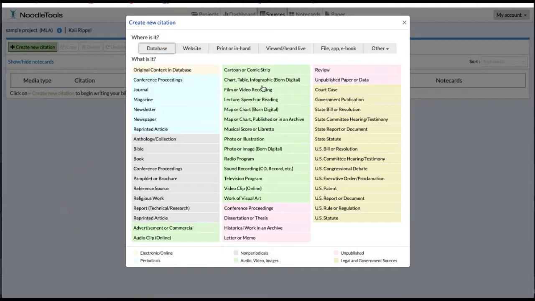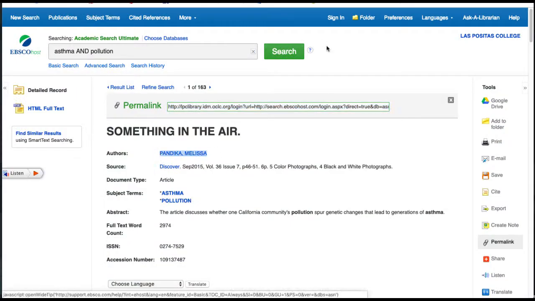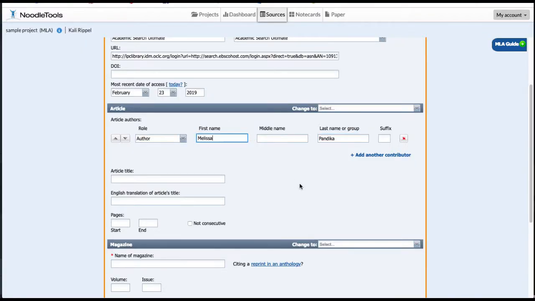Next, select the type of source. If unsure of what type of source it is, look at the source's own description for clues or consult an instructor or librarian. Once the source is chosen, a form specific to the mode of access and the type of source will appear. Systematically move field by field to fill in as much information as possible and as many fields in the form as possible.